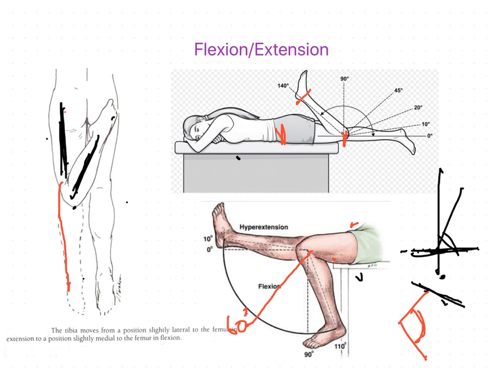For stair climbing, that means the person wants to climb the stairs, then the person requires 80 degrees of knee flexion, and 80 to 90 degrees of knee flexion is required, and even more is required